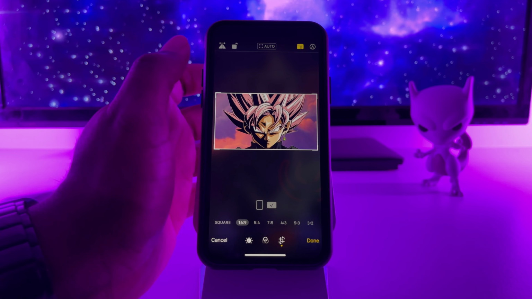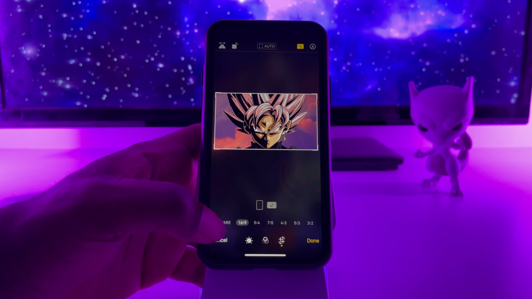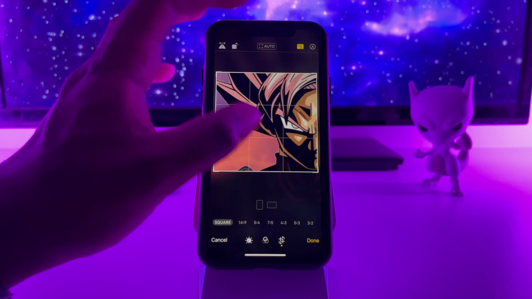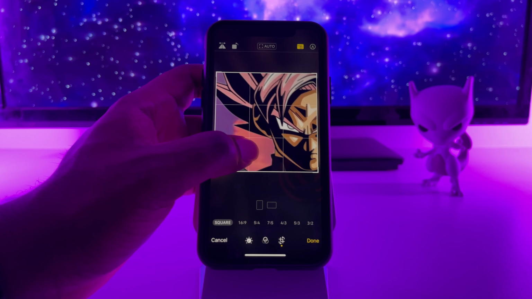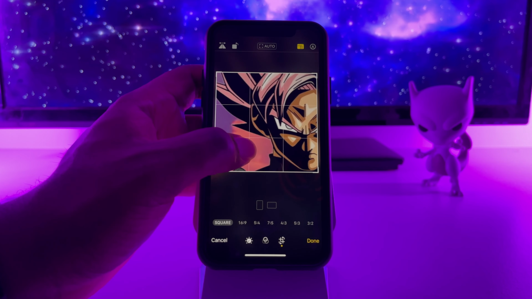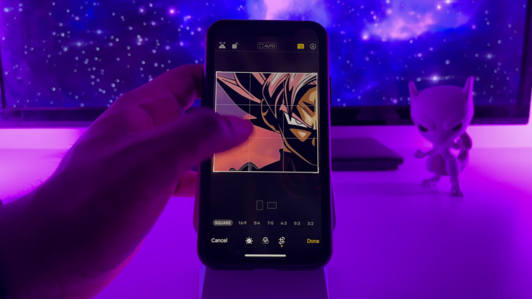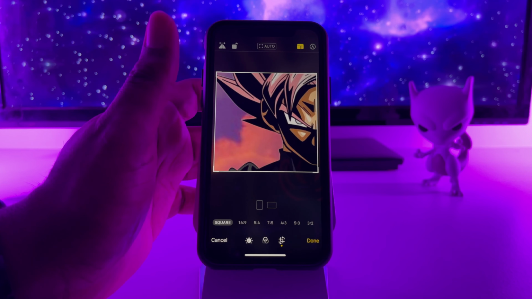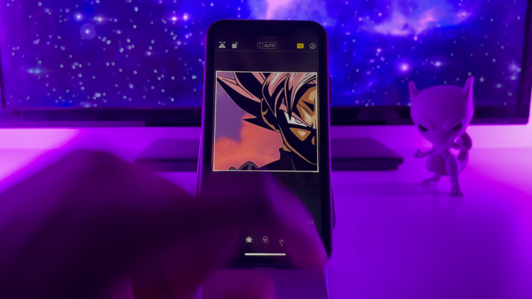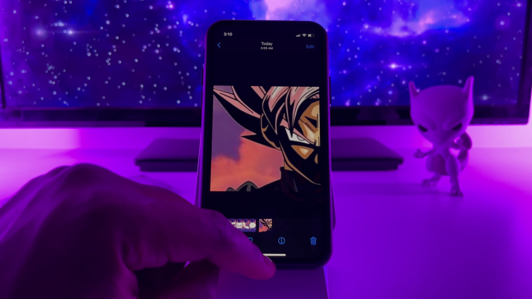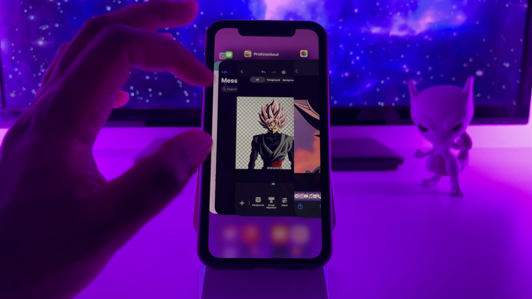You can actually here, instead of that, we can go ahead and hit square and just position his face just centered here. So I think that looks good, so I'm going to hit done and then go ahead and go back to,